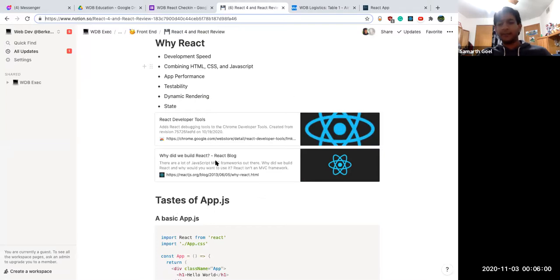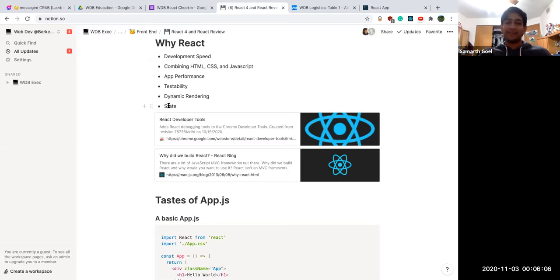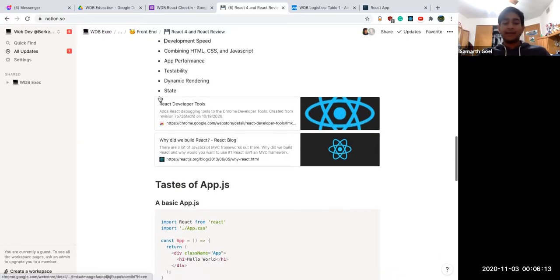This is an interesting article here from the Facebook team that created React about why React is useful. It kind of covers these points already covered, but if you want to hear it from the builders of React, it is a pretty interesting read, pretty short, just like a page and a half. All right, so